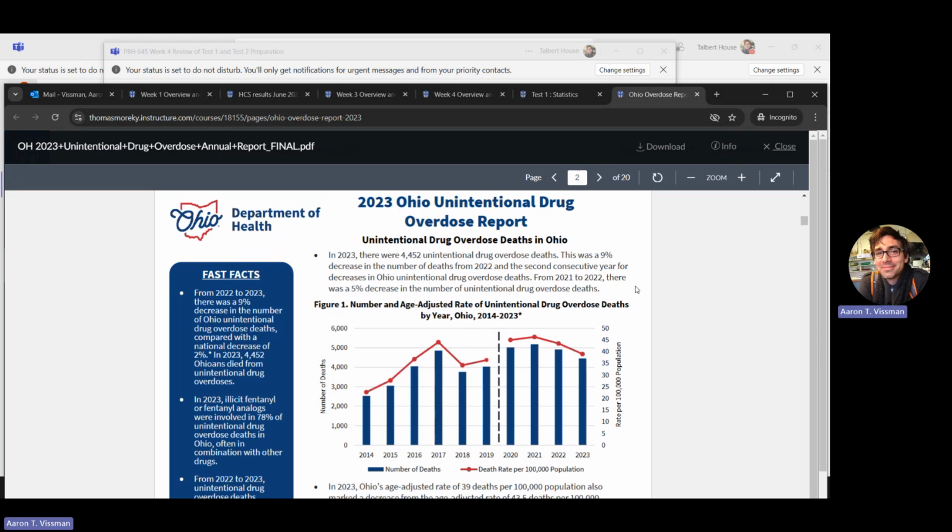On this graph, you can see Ohio's crude rate on this axis over here between 20 and 25 back in 2014. Actually, the specific rates were 24.6 for Ohio, and in Kentucky, the rates at this point in time, 2014, were slightly higher, 24.7. And if you looked at both of these reports, this one from Ohio and the other one from Kentucky, you'll notice Kentucky didn't have this trend line